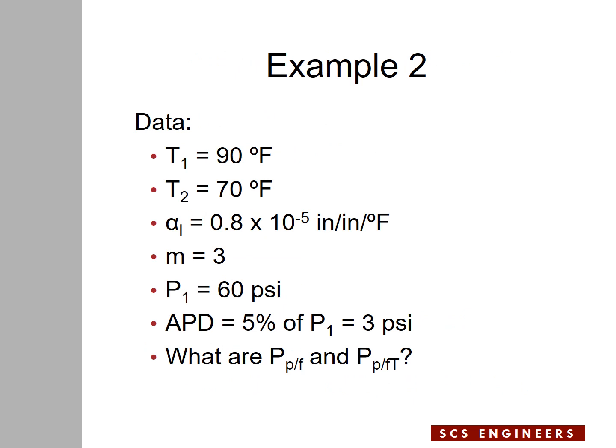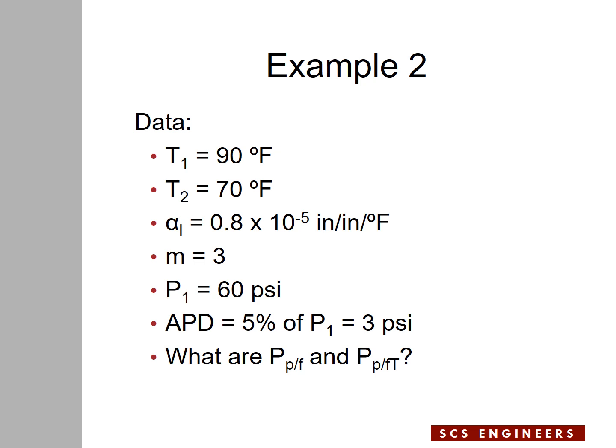Example 2. The data for example 2 is listed and presented in this slide. T1 is 90 degrees, which is the same as example 1. T2 is 70 degrees Fahrenheit, which indicates that there is a temperature drop in the field during the test. Alpha L is provided, M is equal to 3, similar to example 1. P1 is equal to 60 psi, also similar to example 1. And the APD, allowable pressure drop, is also set as 5% of P1, which is equal to 3 psi, similar